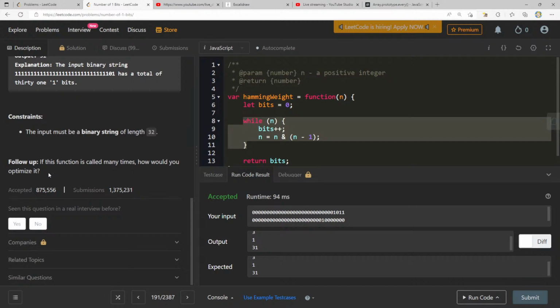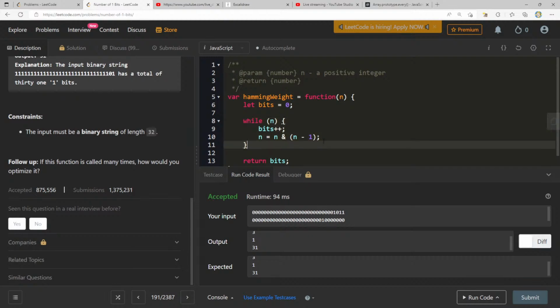I'm guessing this might be the answer, because you could come up with an algorithm that goes through every single bit and checks whether the bit is set or not and counts like that.